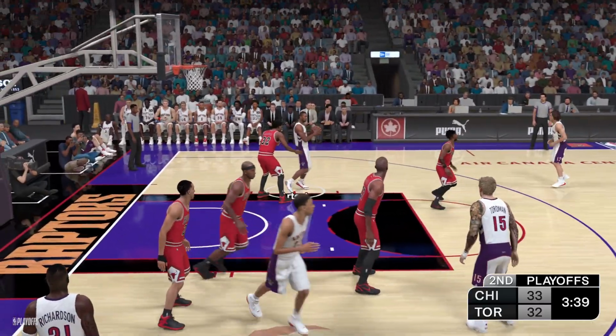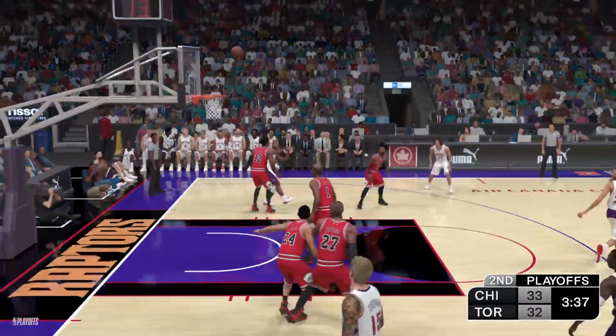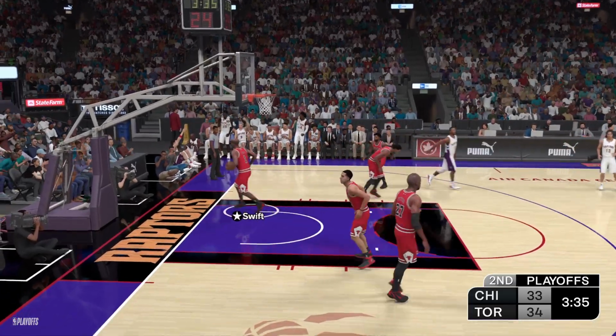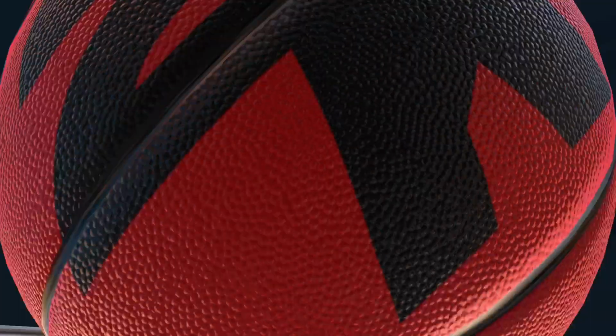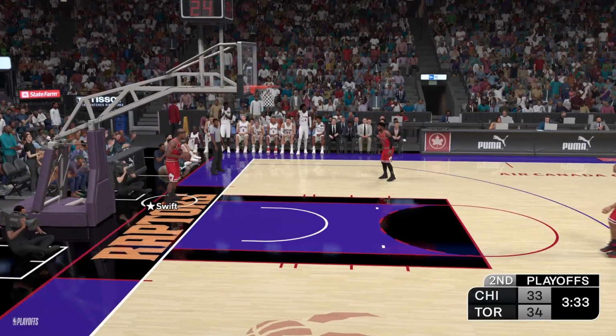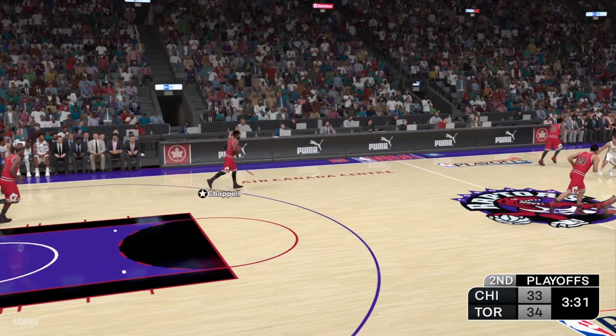Pass to Artest. Over Granger. And Artest gets it to go on the assist by Nash. Nash has got 3 assists tonight. 6 changes of the lead here. Yeah, both teams still kind of feeling their way through this game. The Bulls trailing.